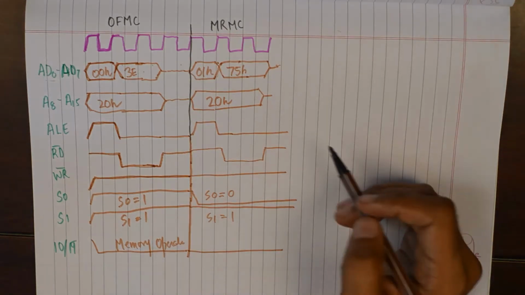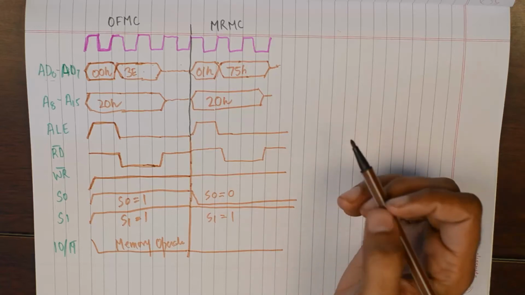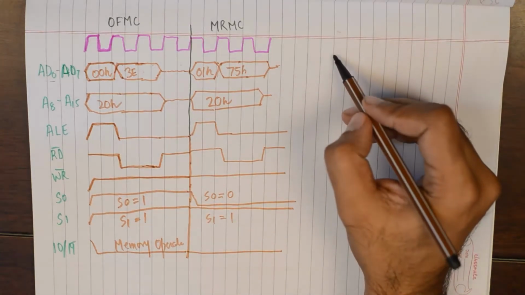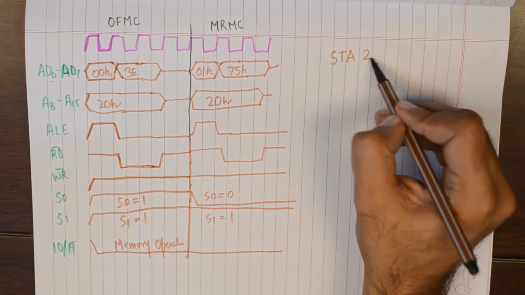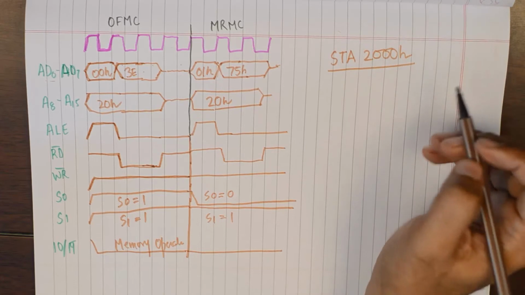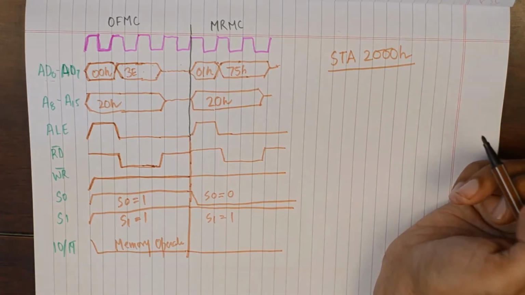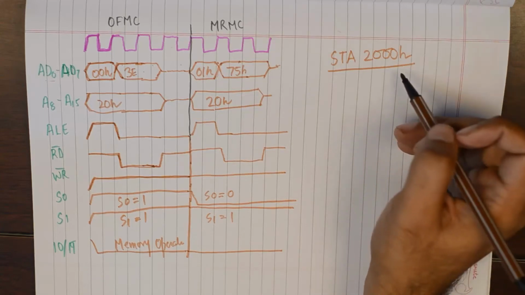We have taken up the example of the simplest instruction. In the next tutorial, we'll take up the example of STA 2000H. This being a 3-byte instruction and a 4 machine cycle instruction would be interesting to